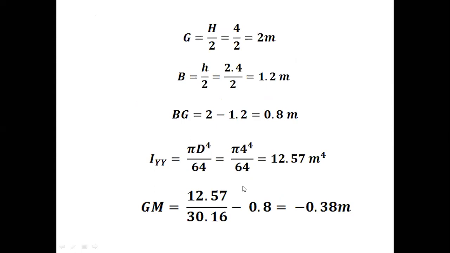So substitute that in your metacentric equation, you are going to get the metacentric height. If they ask you to comment on whether it is stable or unstable, if this GM value is positive, it is a stable condition. If GM value is negative, then it will be an unstable condition. So this is regarding the metacentric